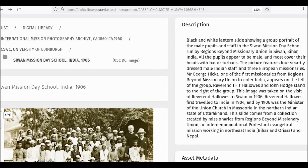And similar schools, the Europeans opened up in other sides of the world. Like here, you will see this is supposed to be Siwan mission day school in Bihar in India. Yes, and you will see on the right hand side, and they're teaching them. Yes, in some schools they're teaching Christianity, some they're teaching Hinduism, some they're teaching Islam, and you will see, yeah,